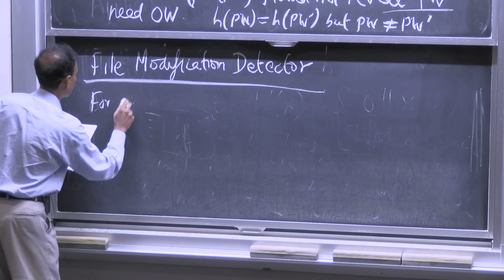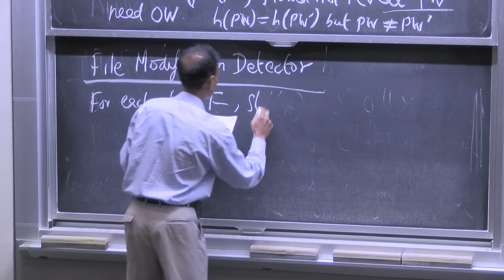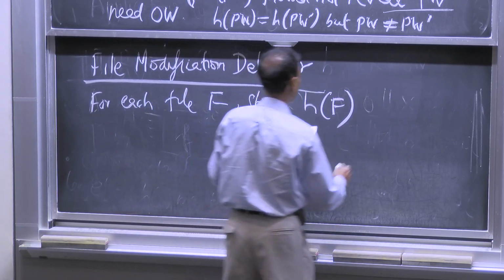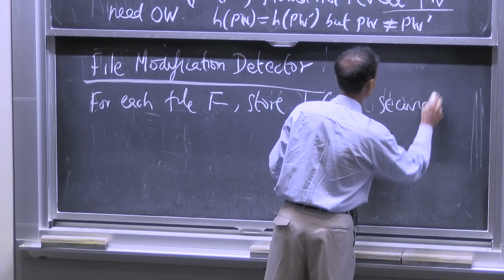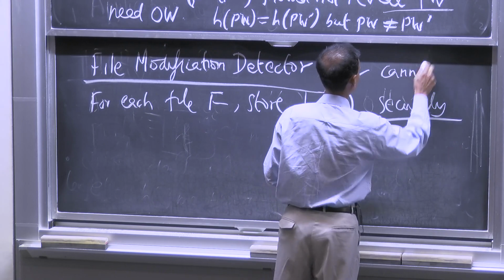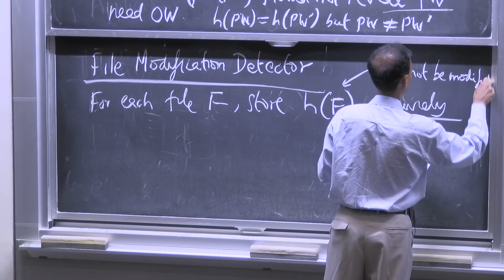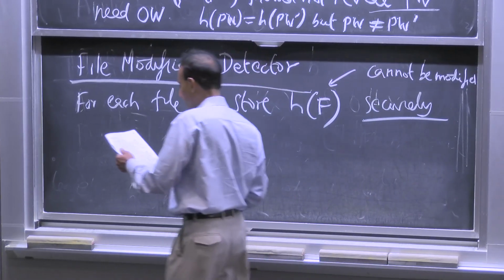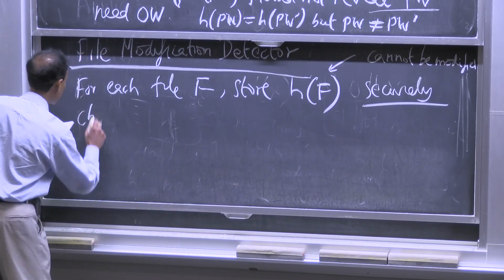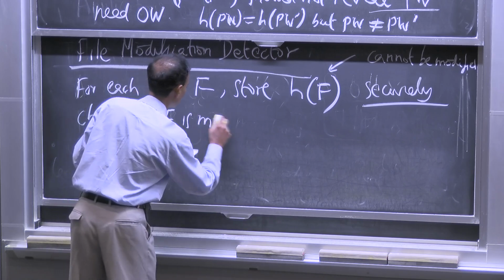So for each file f, I'm going to store h of f securely. You assume that this means that h of f itself cannot be modified by anybody. And now we want to check if f is modified